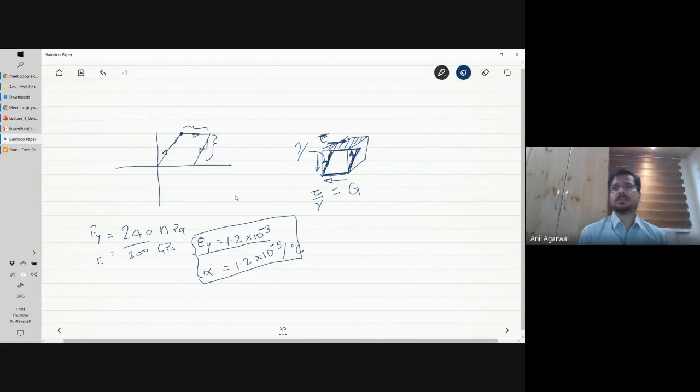So if I increase the temperature by, say, 100 degrees centigrade, how much thermal strain will I generate? I will generate the same amount of thermal strain as my yield strain. Correct? So this was my yield strain, and at 100 degrees centigrade temperature rise, my thermal strain, I'll call it ε_T at 100 degrees,